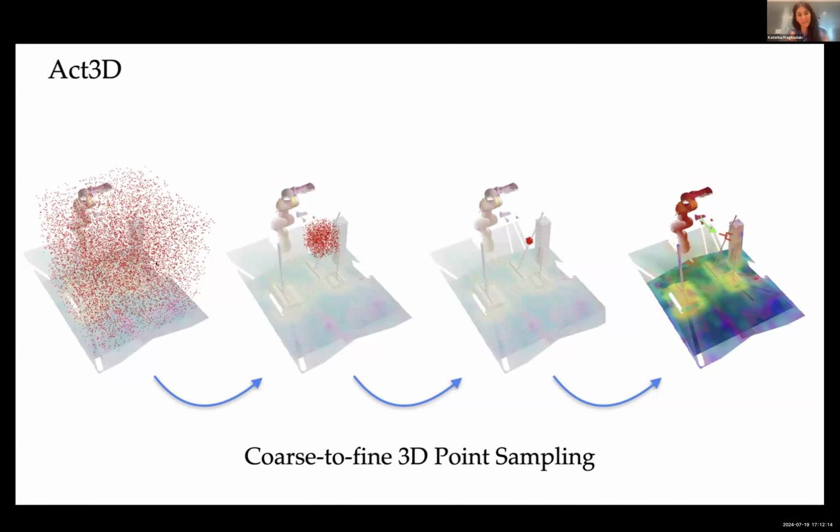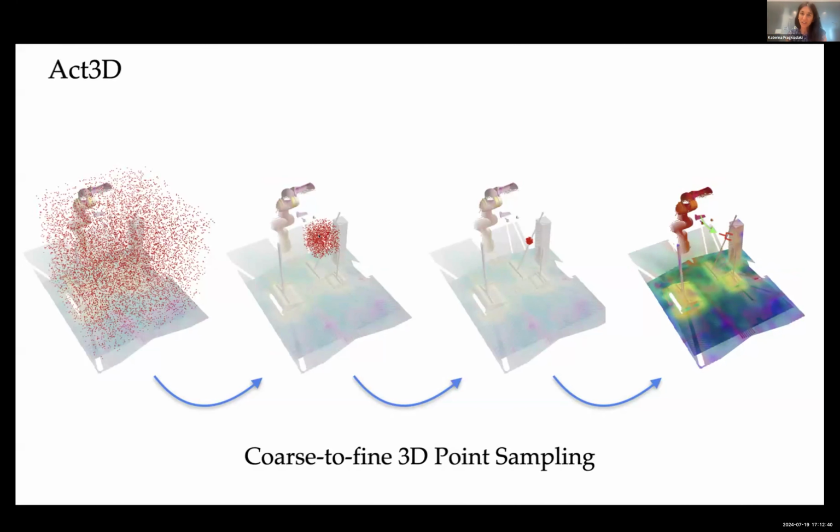You feed in XYZ coordinates for each of those points, and there is a 3D relative attention that computes the feature for that location, and they are trained with the standard classification loss. Is this location where the end effector should go or not? And then what we do is threshold where the end effector should be, and then